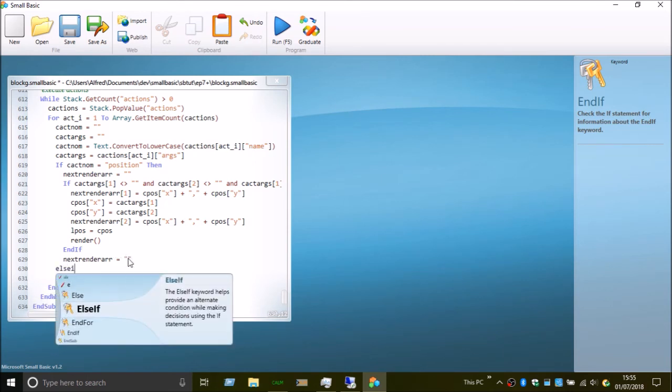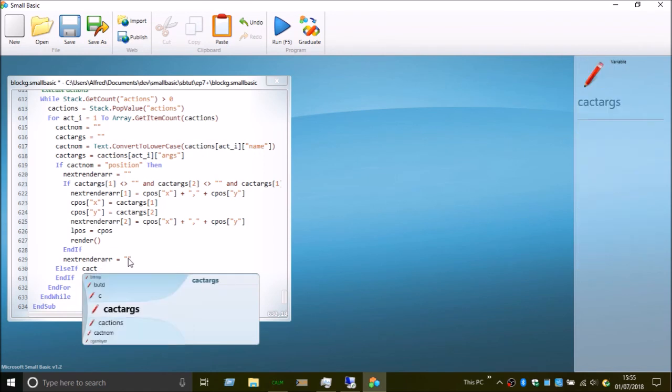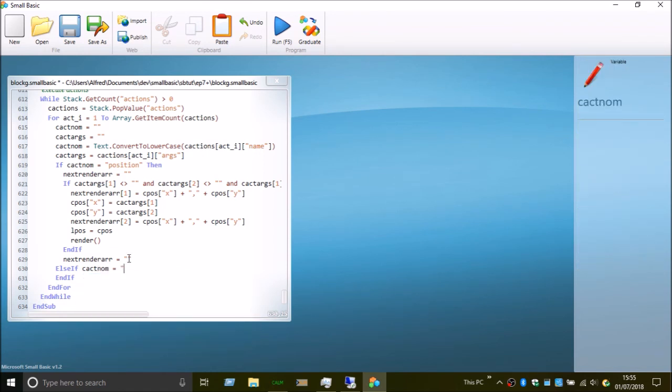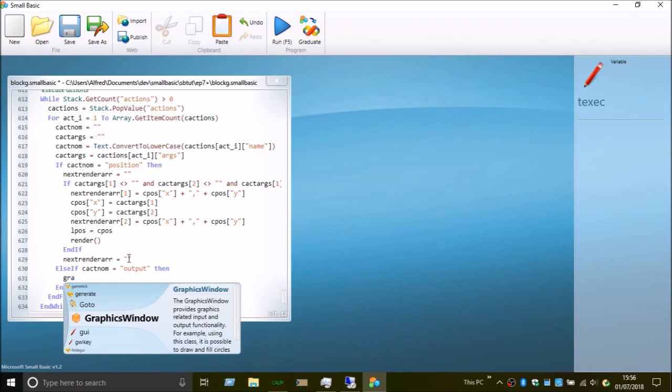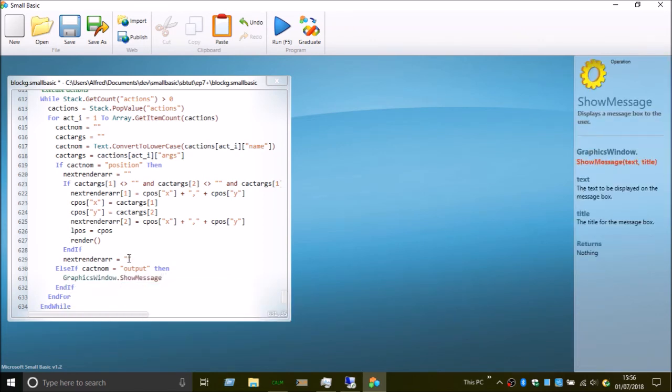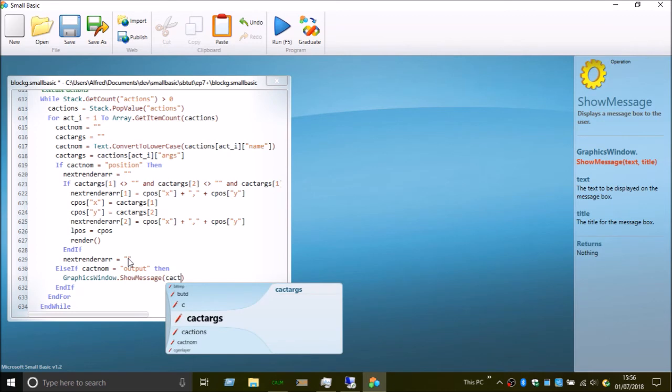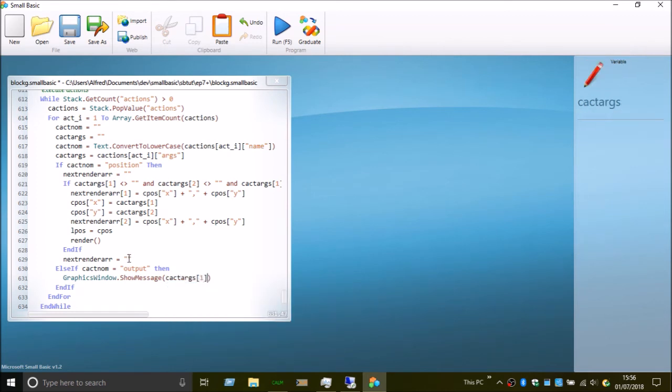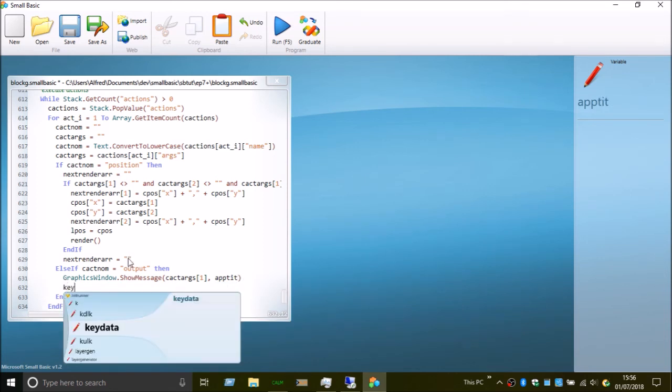So else if cat nom is output. Almost 2 hours, sorry it's taking ages, I know, a whole page. Okay, graphics window dot show message characters 1 out here, key data's blank again,